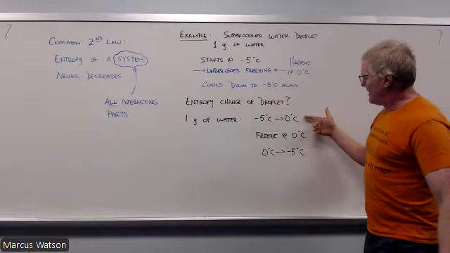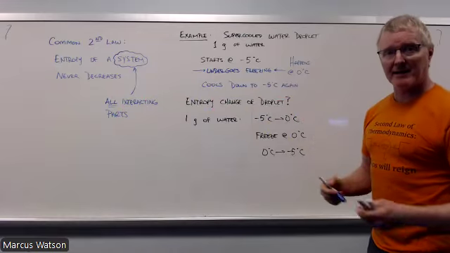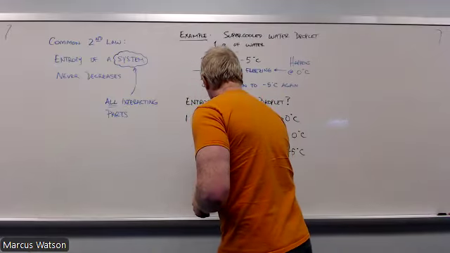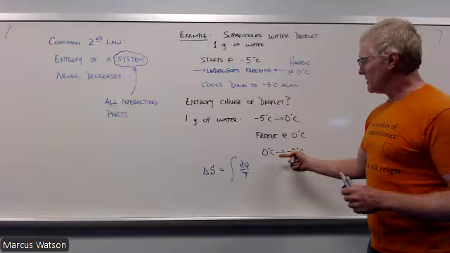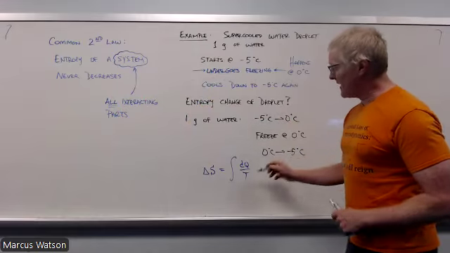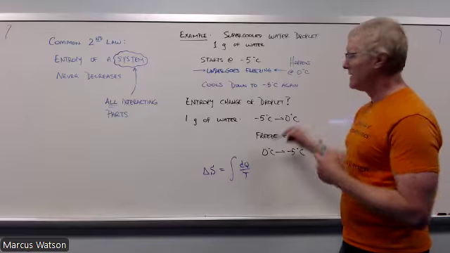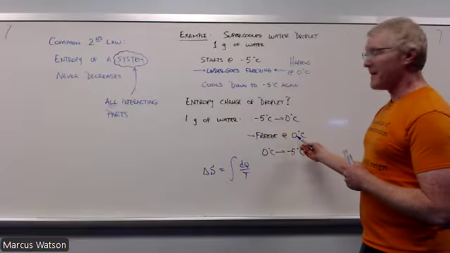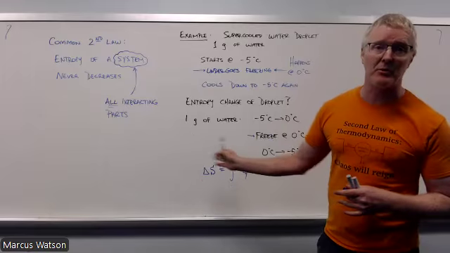This temperature change here is a sensible heat transfer, so we know how to calculate the Q for that. I'm going to try and calculate delta S being dQ over T for each one of these. Now, this first one and this last one have changing temperatures, so I have to be careful with how I deal with the temperature here, just like I did with the ideal gas example. But look what happens in the middle. The freezing happens at a given temperature, so that is a situation where the temperature is constant and can be removed from the integration.